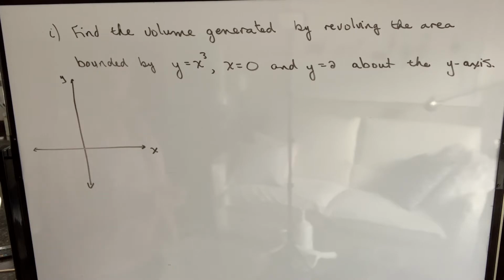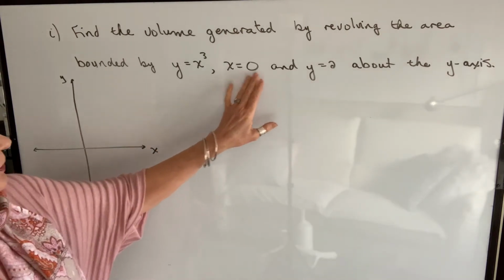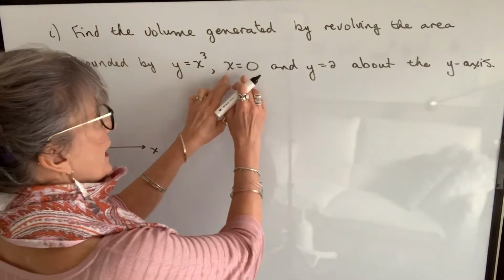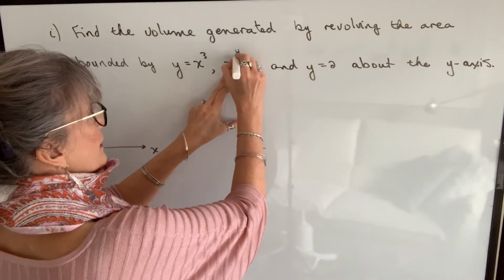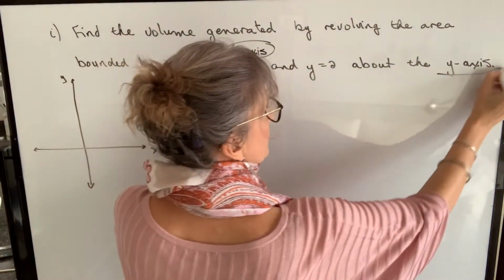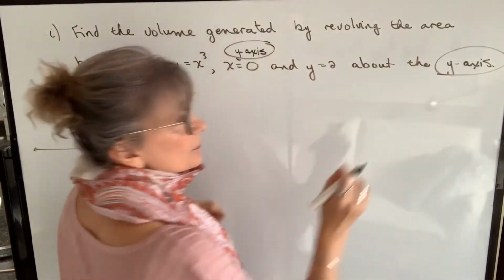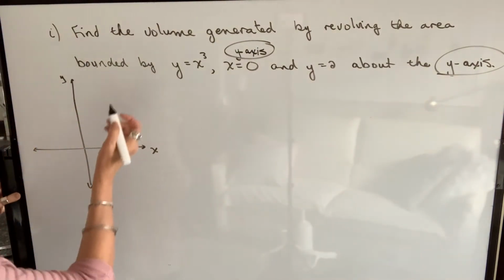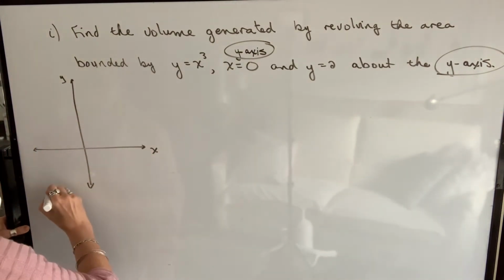Our first example says, find the volume generated by revolving the area bounded by y equals x cubed, x equals 0, and y equals 2 about the y-axis. So x equals 0 is the y-axis. So it's bounded by the y-axis, as in it's rotating about the y-axis, so we know we're going to use the disk method. We're going to draw y equals x cubed,